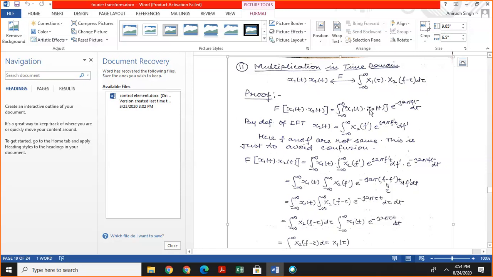Then substituting the value of x2 of t in this expression and joining these two terms, we get